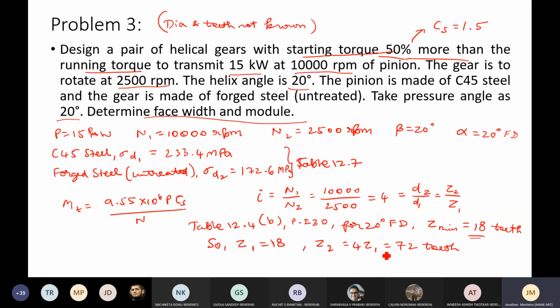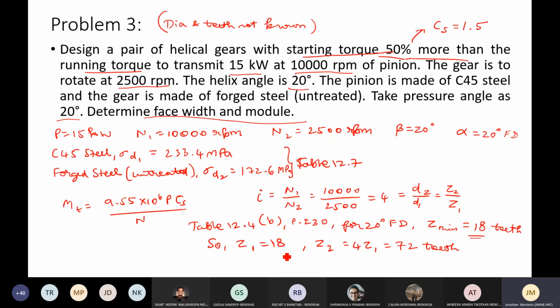Again, this 18 and 72 that we select here is not a temporary assumption. We are going to continue with it until the end of the problem, and if we are not able to find a solution with the given conditions, then we have the choice to come back and change this from 18 to some other number, maybe 20 or 22, and try to reach a correct solution given all the parameters are fixed. So sir, it's just a trial and error method? Yes, a trial and error method. But in this particular problem, I can tell you right now that you will get a solution with all other factors being treated the same.